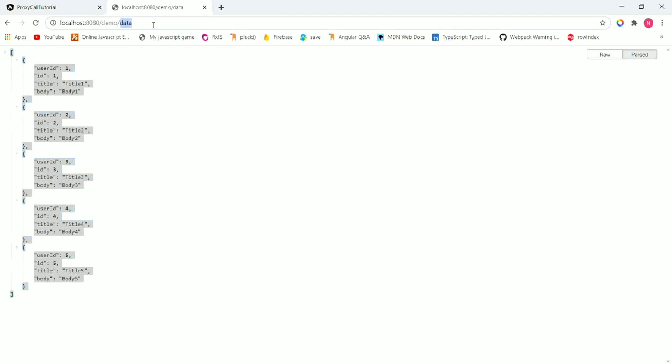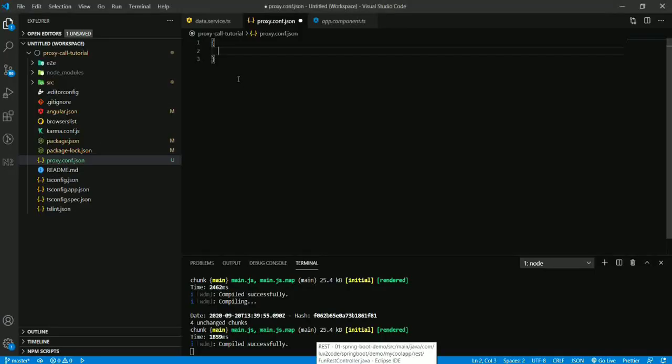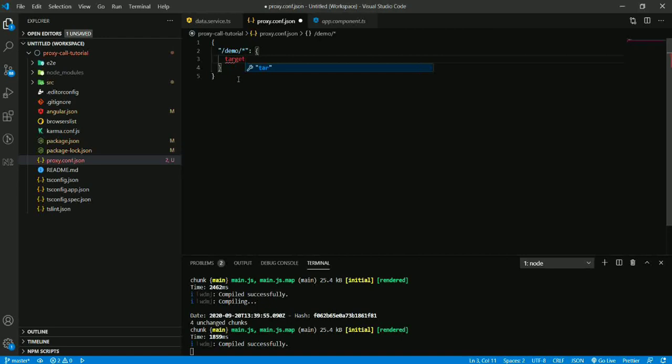This is the API which we are going to hit. So I'm giving here /demo/* as a key, and the value will be another object which will have target as one of the keys, followed by the URL which we want to hit.